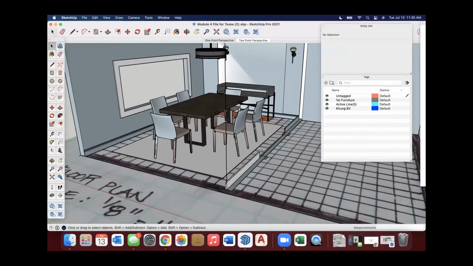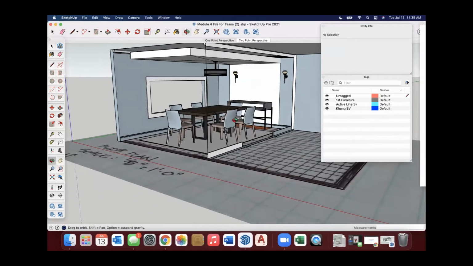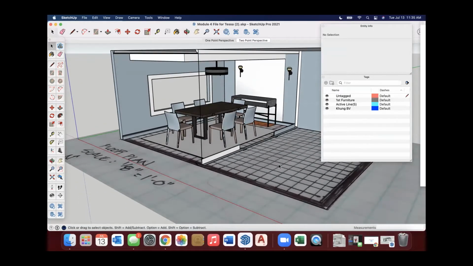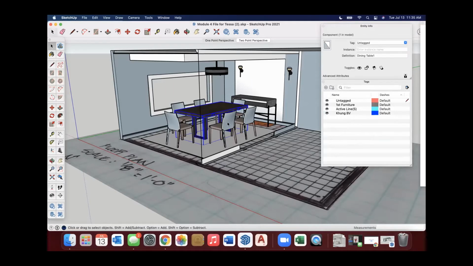The biggest thing I would start with is stuff that you know you can easily get out of your way that's not going to impact other things. Like furniture, these are already components, and this will make it super easy for me. So what I'm going to do is make a furniture layer. Now you can choose to go 1, furniture, 2, and how you want to organize and label that.